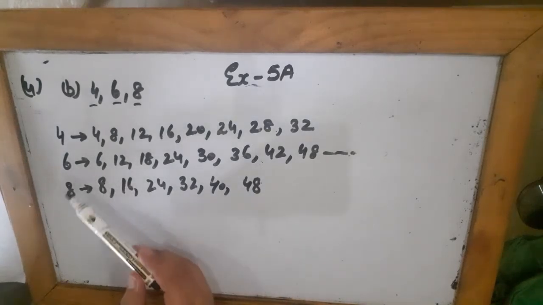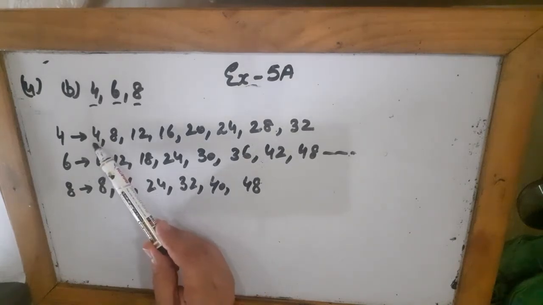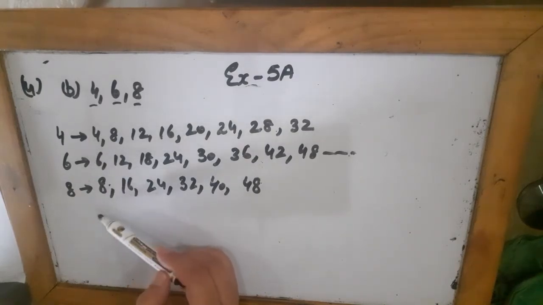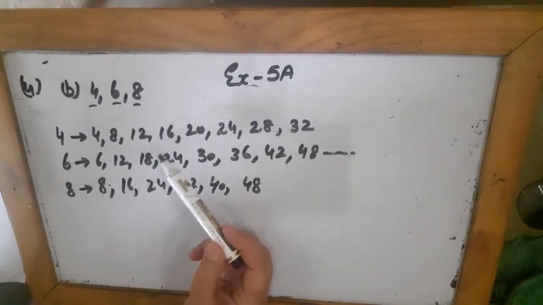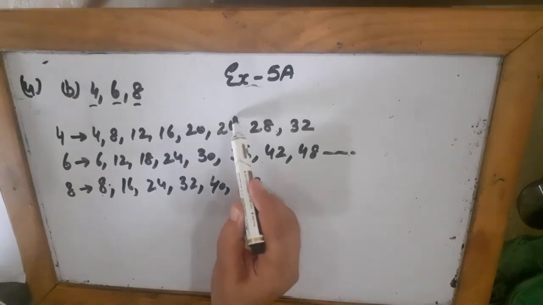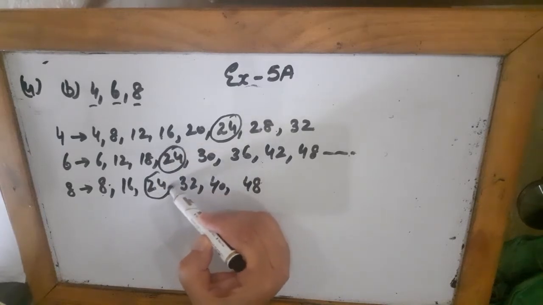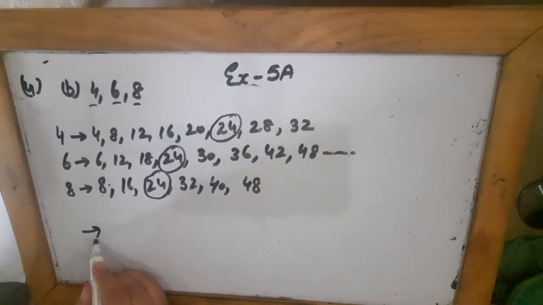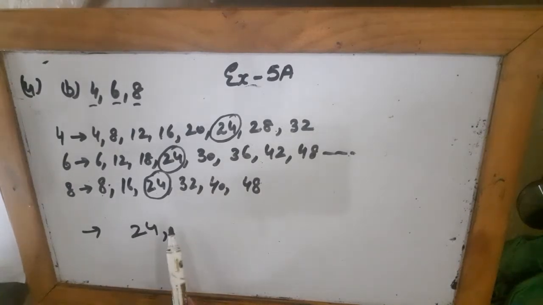So now I have to find the first two common multiples. Now for common multiples, as you will look at this, this has 8, this had 8, this is not having 8. This has 12, but this is not having 12. So 16 not, 20 no, so 24. So 24, all the three are having. This is the first common multiple of 4, 6 and 8. So the first common multiple is 24.